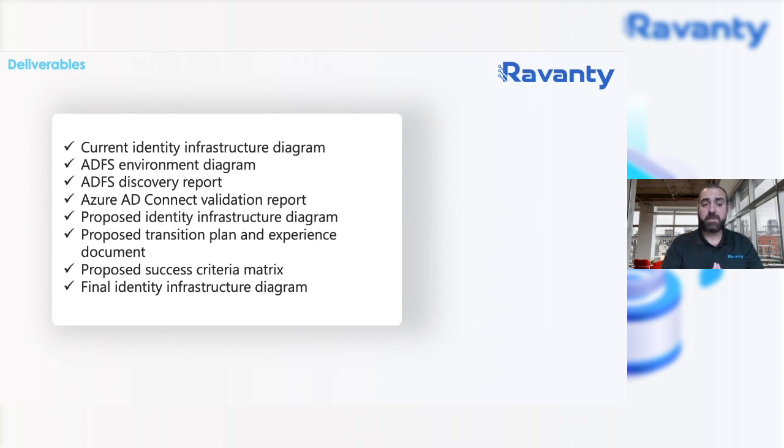Like I said, every organization is different, and that's why that needs to be taken into account.